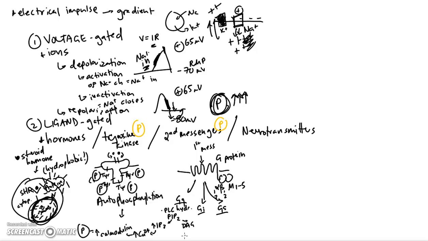The DAG, if I'm not mistaken, increases protein kinase C, and a protein kinase, meaning protein kinase, will give up a phosphorus because it's generous, and the phosphorus has an activating effect on the subsequent series of reactions. If this was